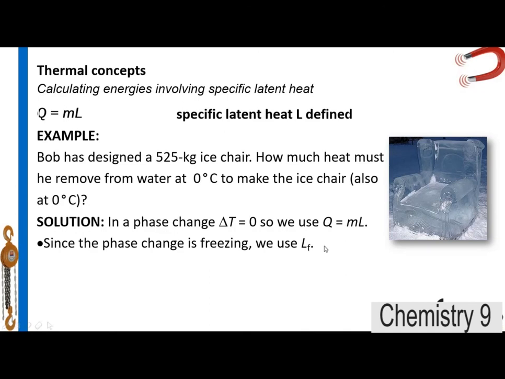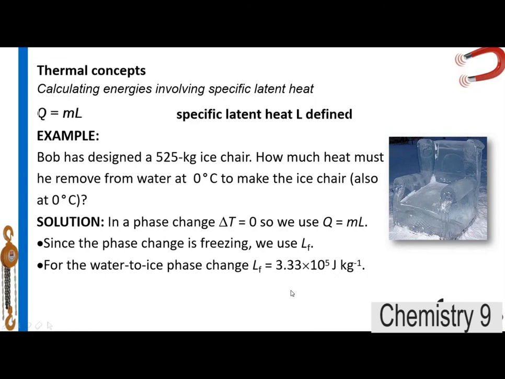And we can get that from the data booklet. So, for example, for water changing into ice, we can use the latent heat, and that's going to be 3.33 times 10 to the 5 joules per kilogram